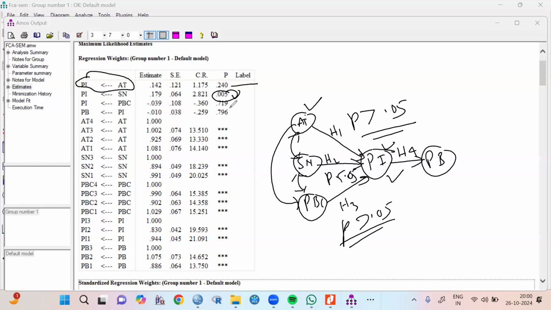And last hypothesis, the p value again greater than 0.05. So this hypothesis also does not support the result. So there is no significant impact of purchase intention on purchase behavior. बस ये एडिशनल हमें और हाइपोथेसिस देना। अब रिपोर्ट कैसे करना देखिए।